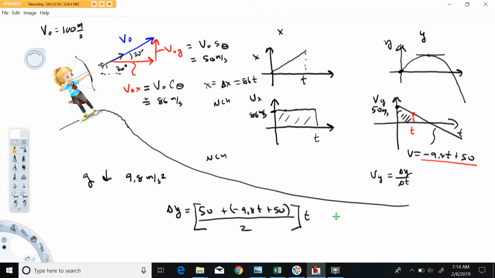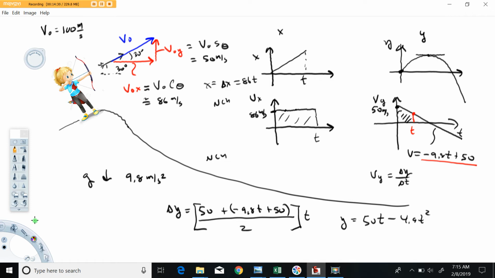So what we get here is that our change in y, if you work this out, is going to be 50t minus 4.9t squared. If we put our coordinate system origin here, then at t equals 0, y is 0. So basically the change in y and y are the same. I'm just going to go ahead and get rid of this. So that's pretty much it on projectile motion. I think I've covered really all you need to know to work almost any projectile motion that you are